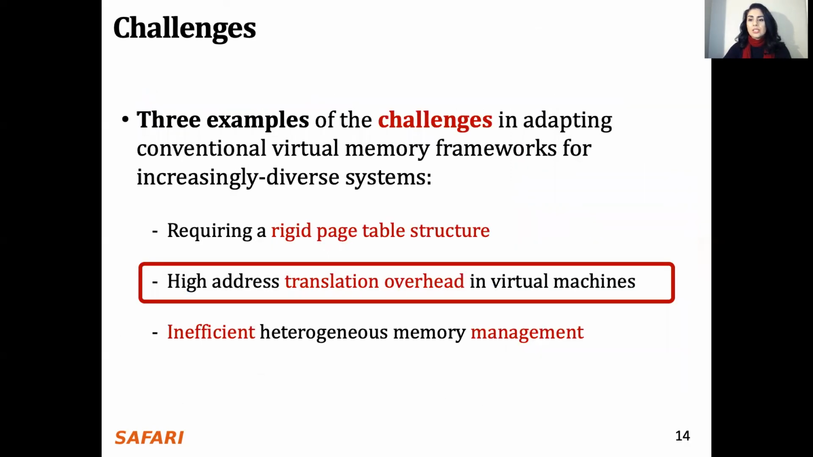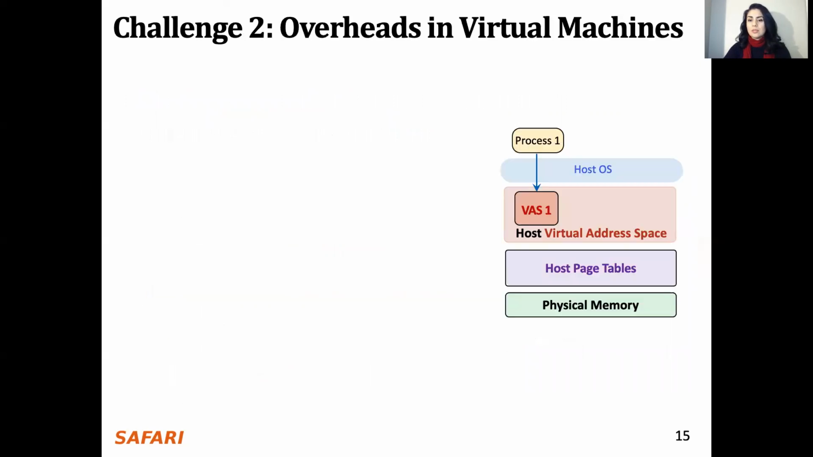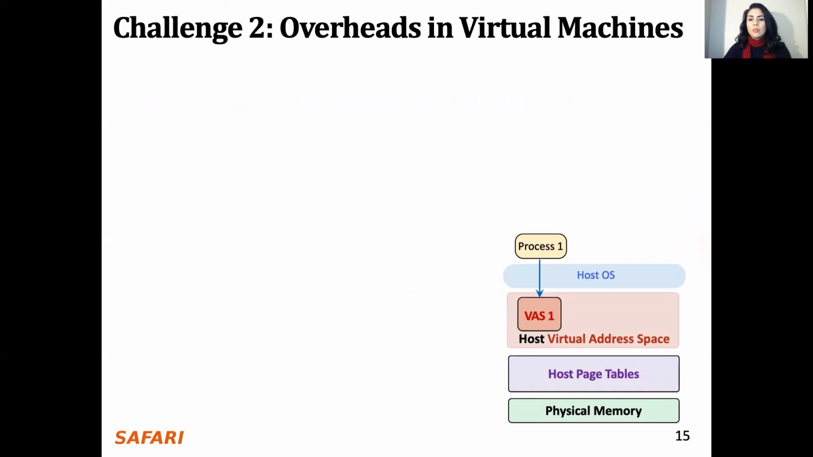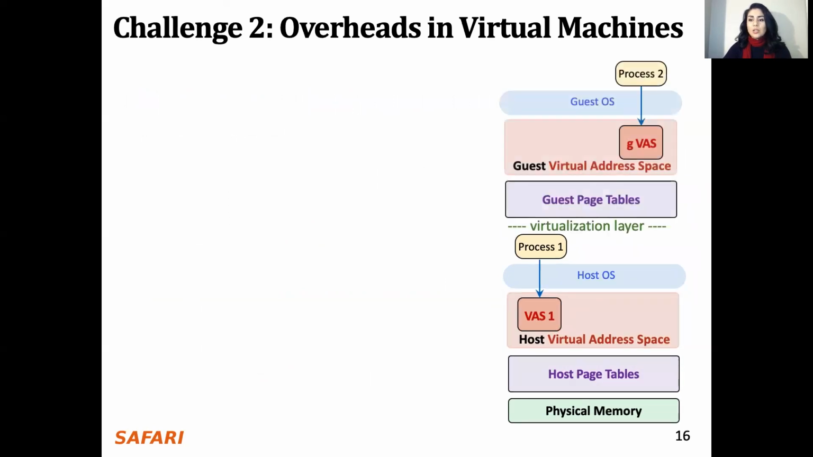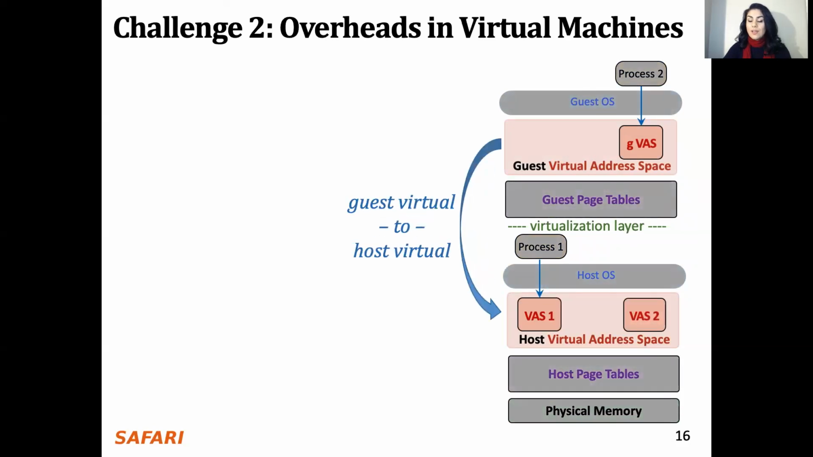Another challenge exists when adapting the conventional virtual memory framework to virtualized environments. In virtualized environments, the guest OS is running on top of the host OS in a virtual machine. In such a setting, the guest OS, unaware that it is running on a virtual machine, performs memory management on the emulated physical memory and translates the guest virtual address to the guest physical address, which is in fact the host virtual address. The host then performs a second round of memory management and maps the host virtual address to